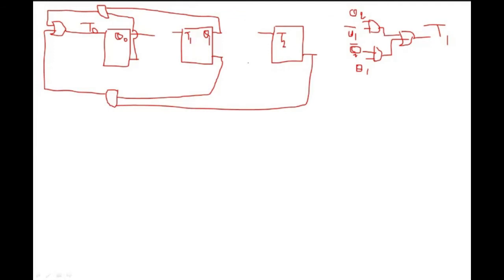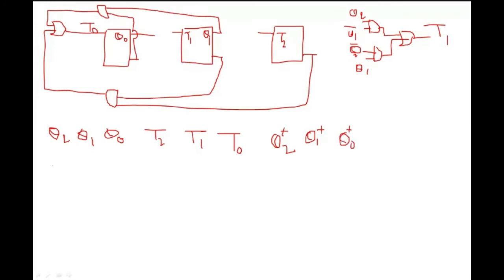Now once we have designed the circuit, we need to find the next state of my unused states. I am talking about Q2, Q1 and Q0. For that I need the values of T2, T1 and T0, and I will need to find the next state, Q2 plus, Q1 plus and Q0 plus, right? So now I will only check for my three states.